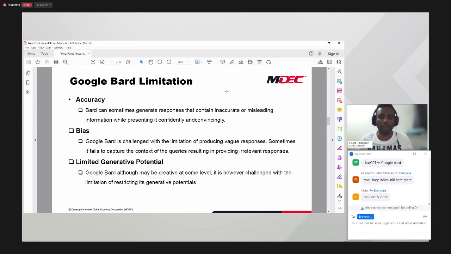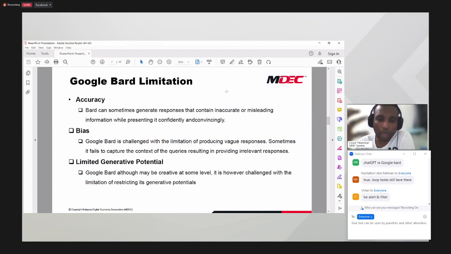Like for example, if I ask Google Bard, can you generate a sample of social media posts in Instagram to sell spaghetti or nasi lemak, of course it will give me all kinds of samples or answers, but the question here is, is that enough? Is that content enough? That's another question that you need to ask yourself. So there will be some limitations in that aspect as well.